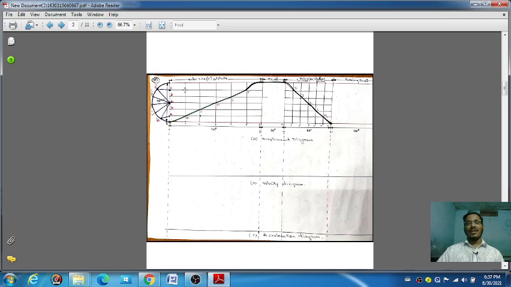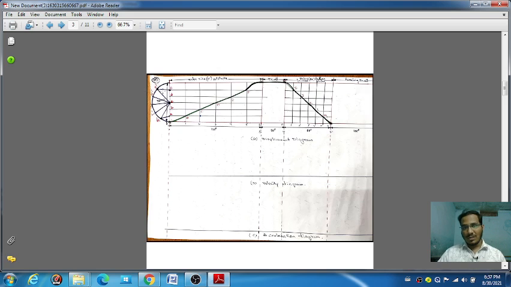Then after that, draw the vertical line. After dividing this line, I am drawing the vertical line, as you have to draw this vertical line. Then from here take the 6 equal parts of 50 mm. You can divide 50 by 6 and you will get some value, about 0.8. 50 mm means 5 centimeter.